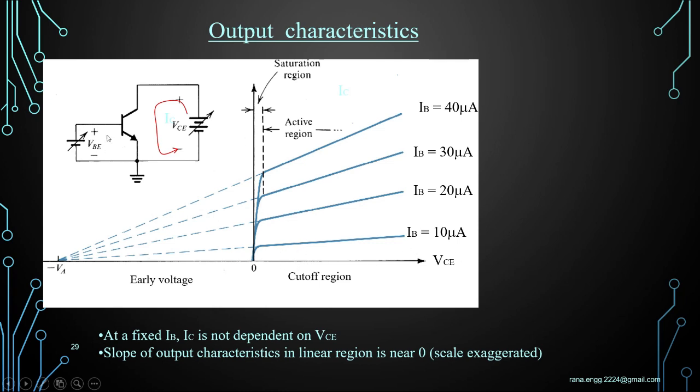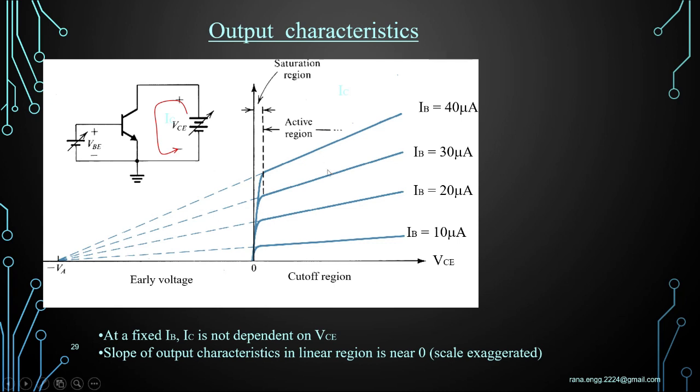When we give some variation and the input current goes to, say, 10 microampere, then you can see here there is a small increment in current, and then there is variation in the voltage. Voltage is increasing continuously, but current is almost constant here. When we further increase the IB, then we get a little more current, but voltage increases rapidly. Again you increase the IB, you get more current, but it is not as much compared to the voltage, and again voltage is increasing rapidly.